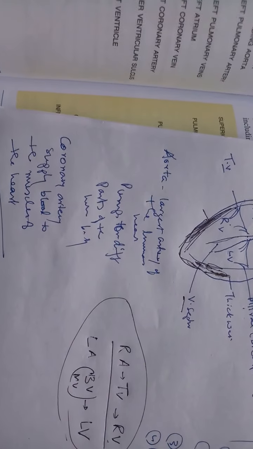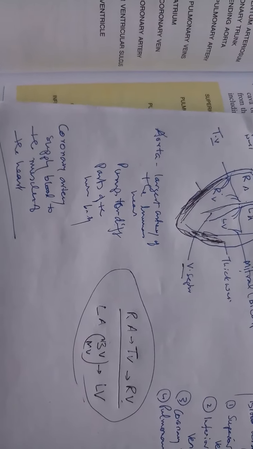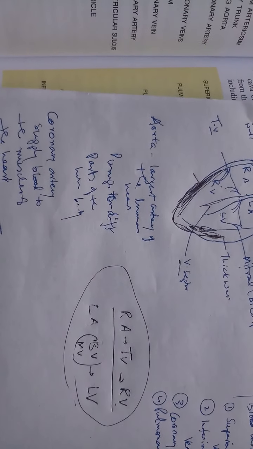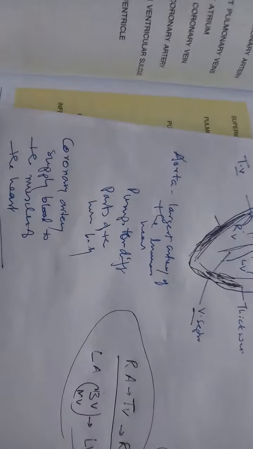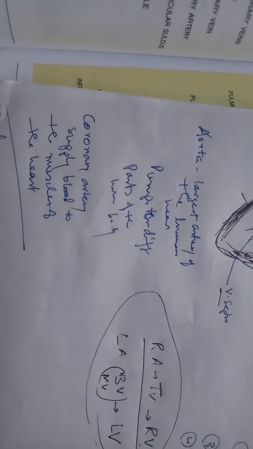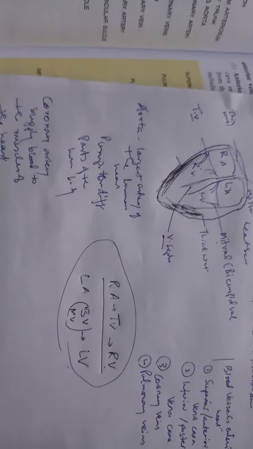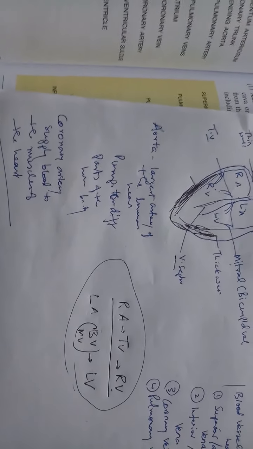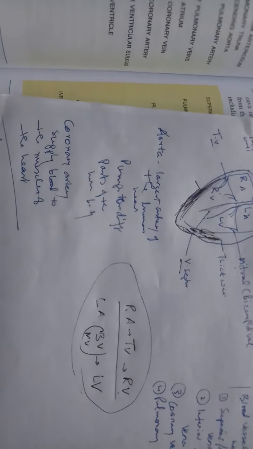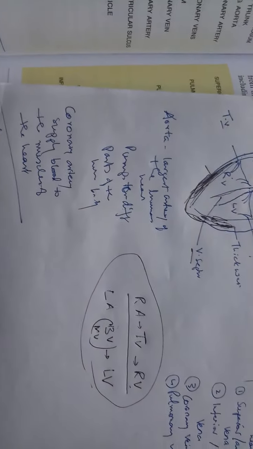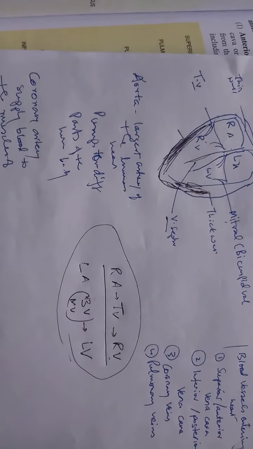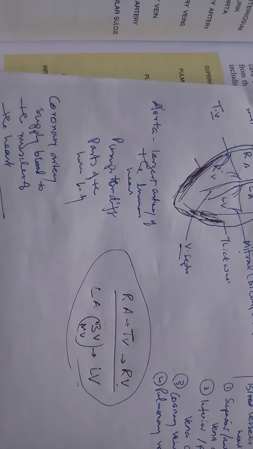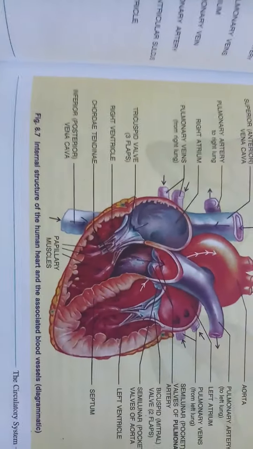But when you look at the pulmonary veins, they bring blood with oxygen. This is a difference here, right? Whatever vessels enter the heart we call veins, and generally veins contain deoxygenated blood except the pulmonary vein. The vessels leaving the heart are called arteries. They carry oxygenated blood, but the pulmonary artery carries deoxygenated blood to the lungs, right? There is a difference here you can keep in mind.